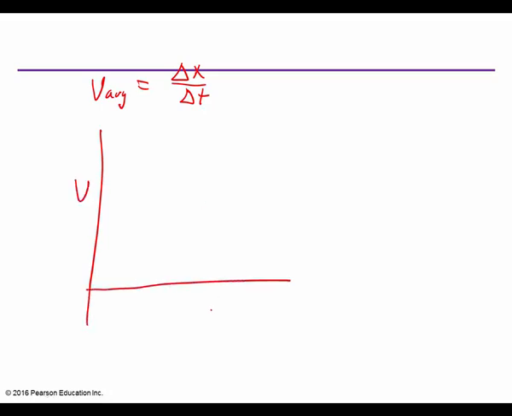So if we were to plot this graphically, velocity versus time, and let's say we were to have an initial velocity at this point. If we were to have constant velocity, we know that the line would look like this on a velocity versus time graph. However, if we have an initial velocity, V initial, and we go to a given point to where we have a final velocity, V final,